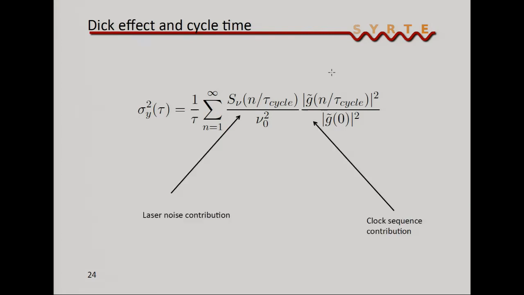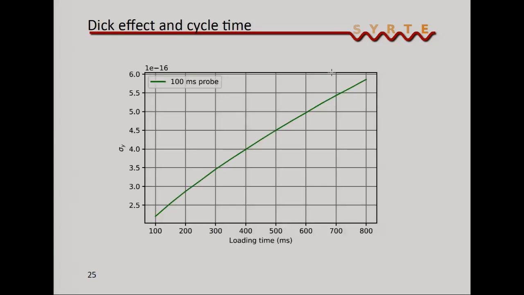So the Dick effect has two contributions. The first one here is the laser noise contribution, so it concerns our microscopic oscillator. And this right term here in the formula concerns the clock sequence contribution. In our case, we are performing a Rabi cycle, this is the Rabi cycle time. And what we decided to look at was, on the x-axis, the loading time, and on the y-axis, the Dick effect, compared to this loading time. And what we see is that usually we're operating the clock with 800 millisecond loading time,